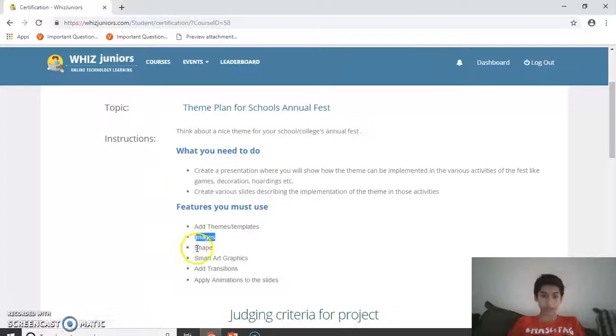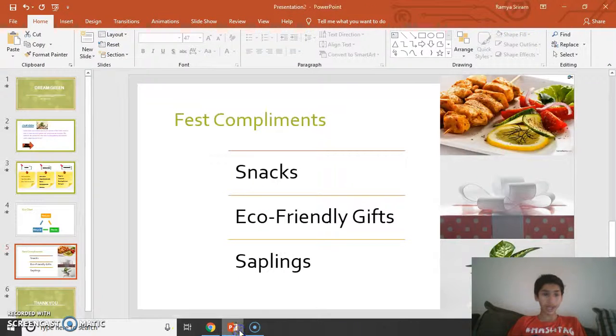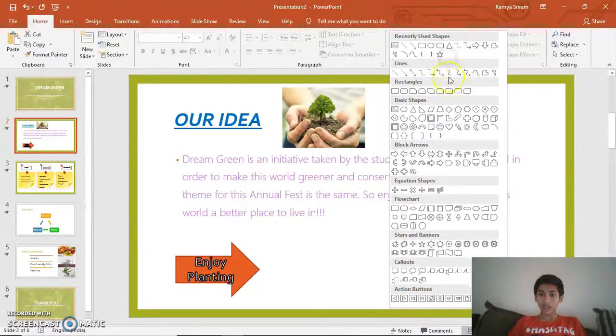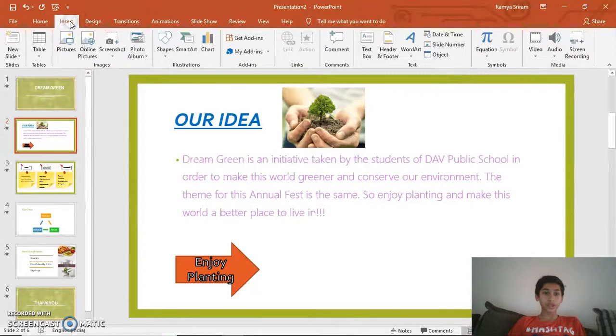Now going with the next one, shape. I've added a shape in the second slide. So here you can see this is the shape of an arrow. So in order to insert a shape, in the home tab in the drawing group, you can just find some shapes here. There are so many shapes, and you can just choose a shape you want, or you can go to insert,